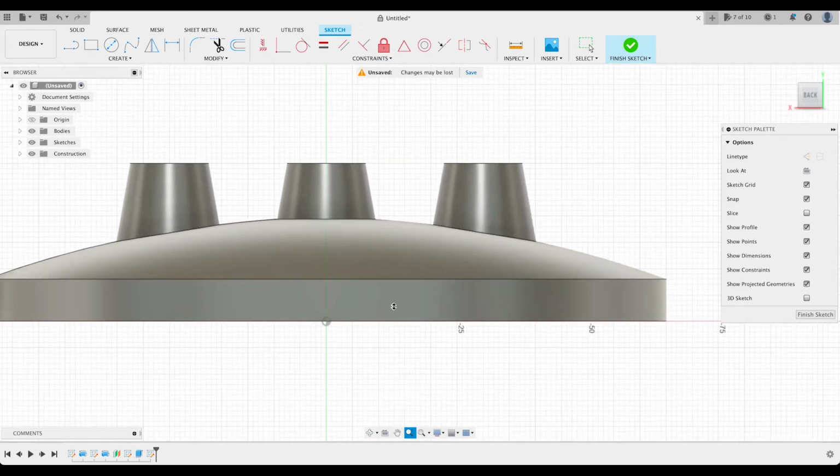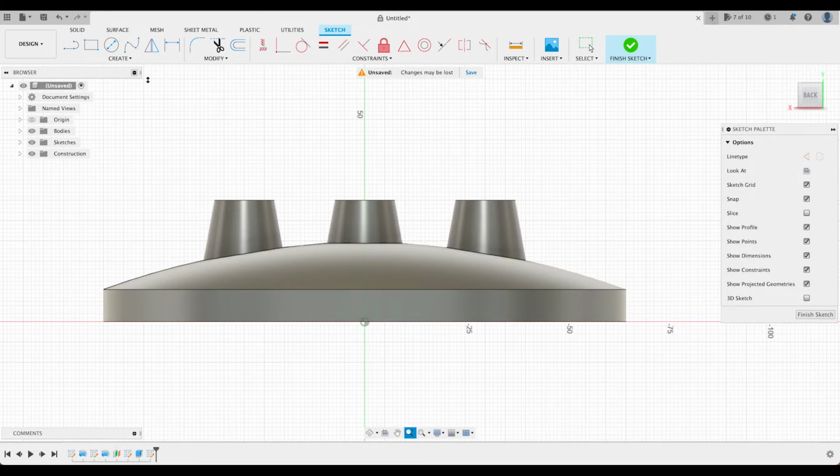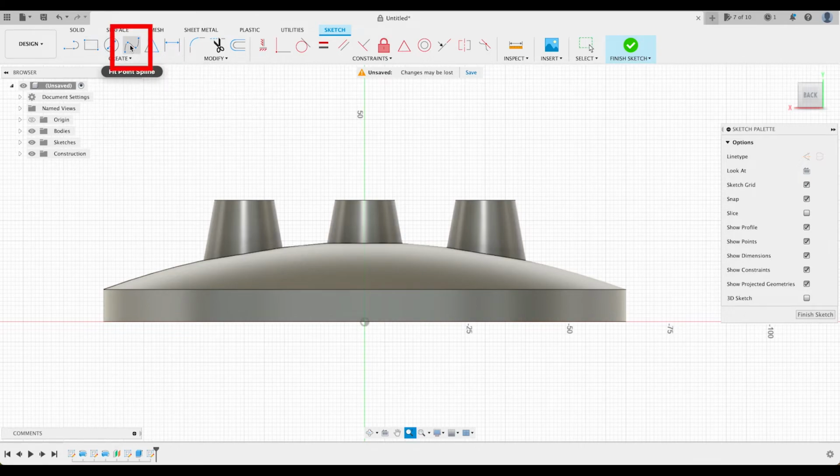So what we're going to do now is use this fit spline tool again, and this time I'm going to click on here, I'm going to click in the center, I'm going to create like a central disc. I'm going to click somewhere up here will do. I'm just going to drag this all the way down to this point here,